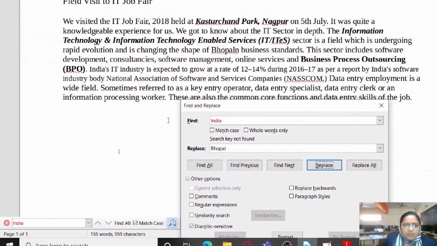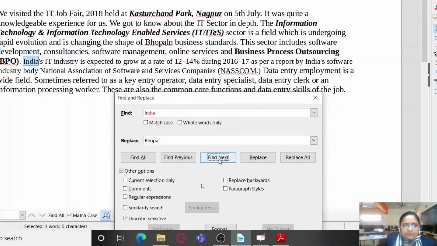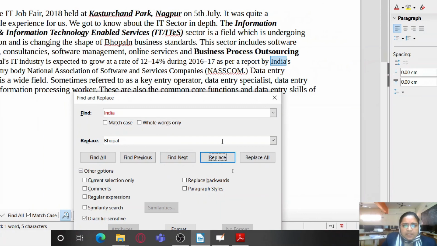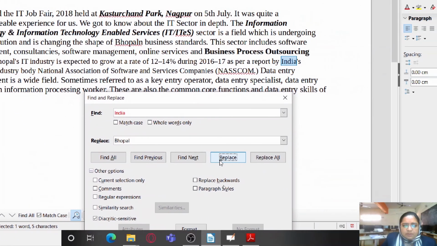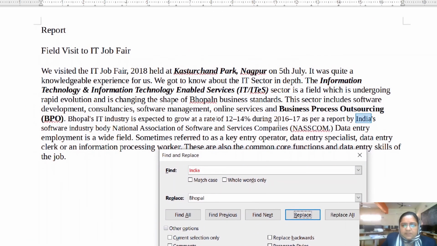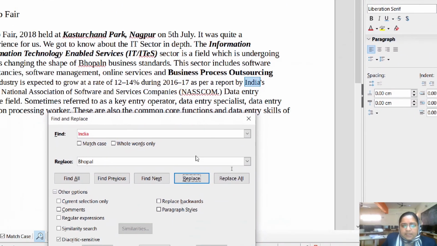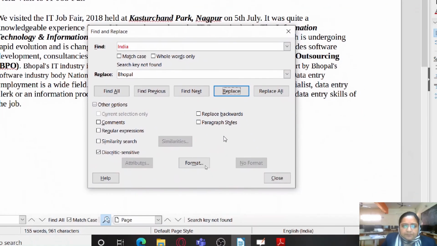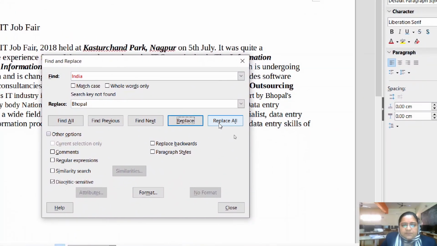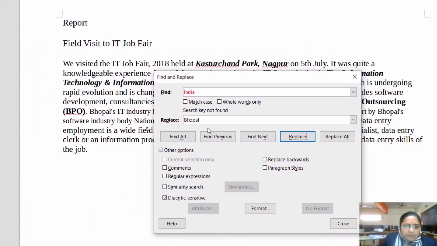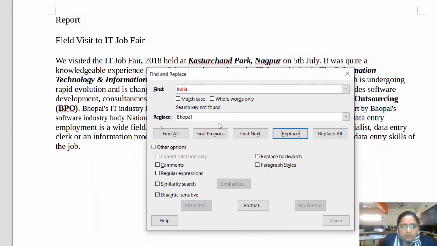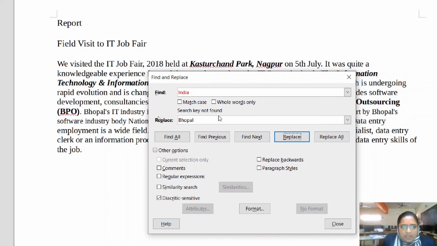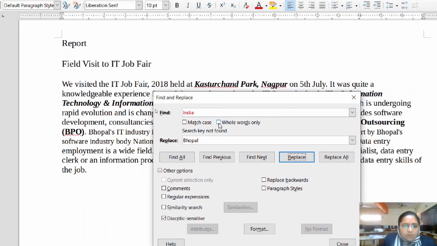Then just go on clicking next, then again find next and replace, and the moment you click on replace, it replaces the previous occurrence and again highlights the next occurrence. So you can just keep on pressing replace over there. Replace all is for replacing all occurrences of the word. Find all can highlight all the occurrences of the words, and here find whole words only means that the word